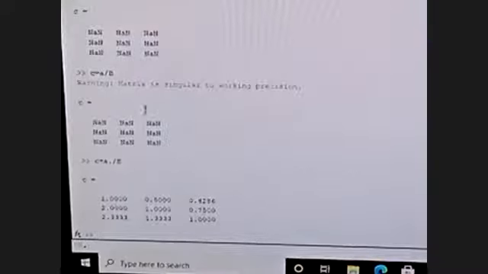See why you are getting an error. C is equal to A by B. But here, what is the difference I have taken? C is equal to A dot slash B. What is the difference between these two? Here, C is equal to A by B means it is not understanding which number it has to take.